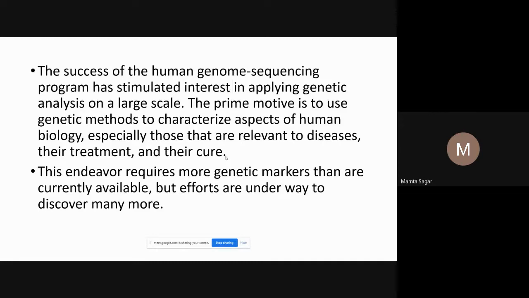Generally, whatever we do in plant breeding is related to that, the use of genetic markers. In the case of plants, we are doing more experiments and more advancement, because that is very helpful for us. We have already discussed how this type of knowledge is used in crop improvement. You had a previous class on crop improvement.